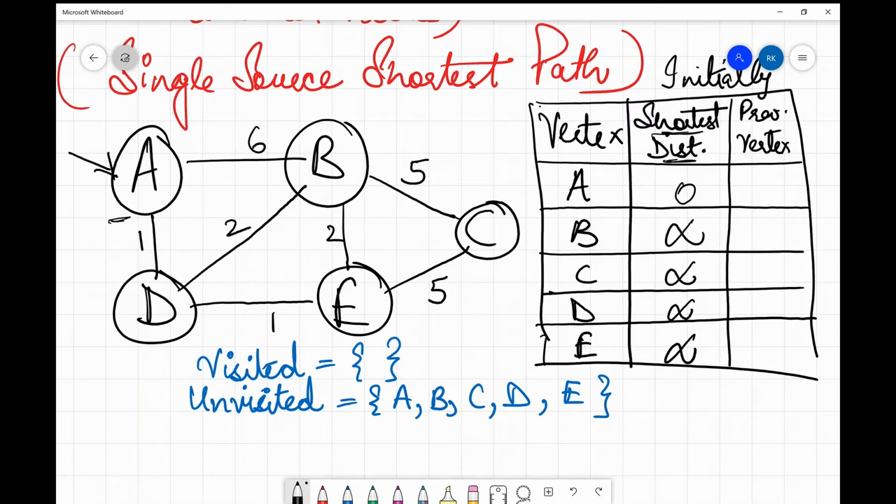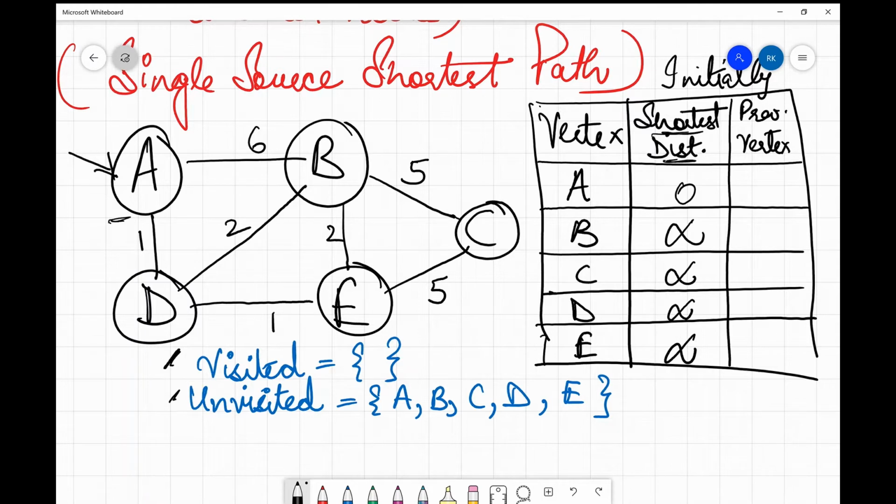In this process we are going to keep updating the shortest distance element whenever we get a shorter distance than the entry present in the table, and we are also going to update the previous vertex, which represents the vertex with the help of which we are able to reach this particular node. Just a one step ancestor, you can say. We'll see gradually how, when we solve this example. Also we are going to maintain two lists, visited and unvisited. In the visited list we keep adding the vertices which we visit, and initially all the nodes are present in the unvisited list.